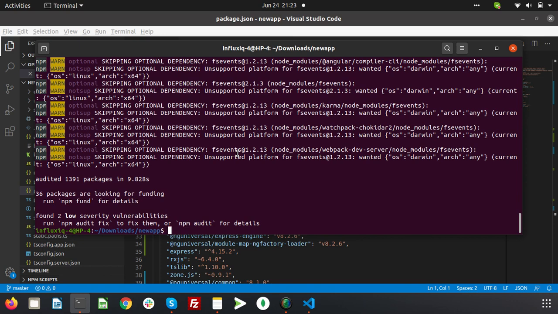In order to do so, we would just type in ng-add serverless.